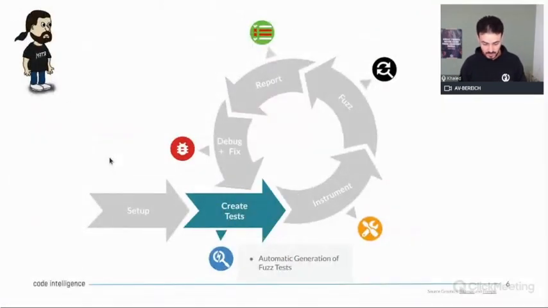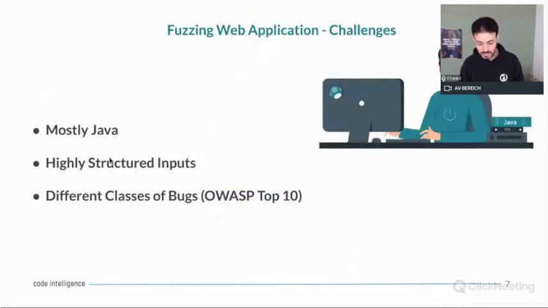And so, with that, let's move to our third use case and meet Amy. Amy develops web applications in Java. But the thing is, when we usually talk about fuzzing, we usually mean C and C++ applications. But with Amy, since she's developing a web application in Java, we have a new class